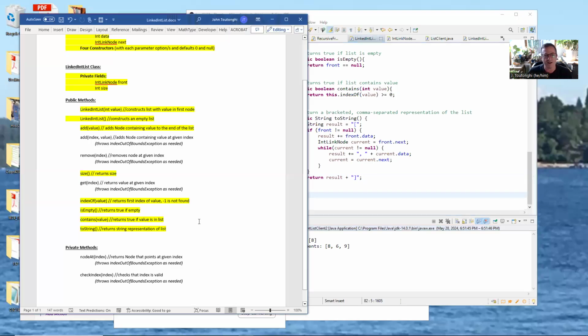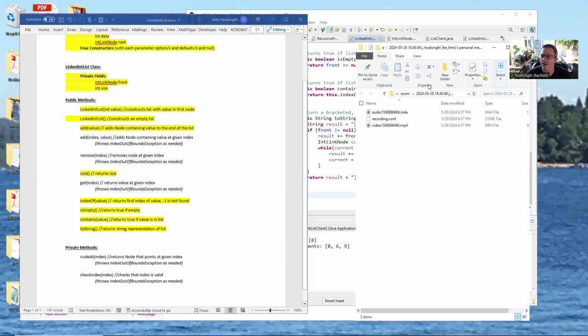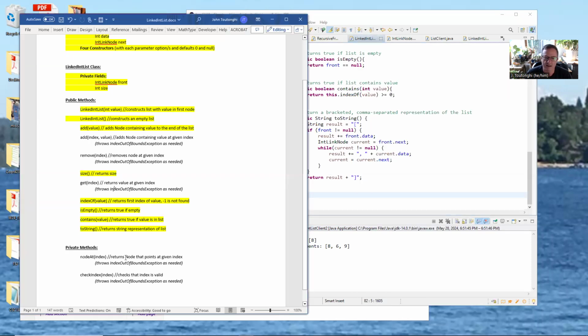Okay, we are going to look at the remaining methods. We have add at a given index, a value. We have remove the node at a given index, and we have get the value at a given index. All three of those require us to traverse through the list in some sense to that given index. So before we do those, I'm going to look at and write this nodeAt index,